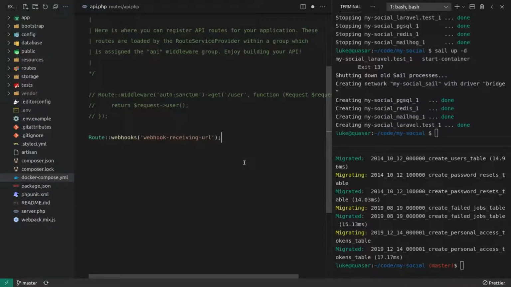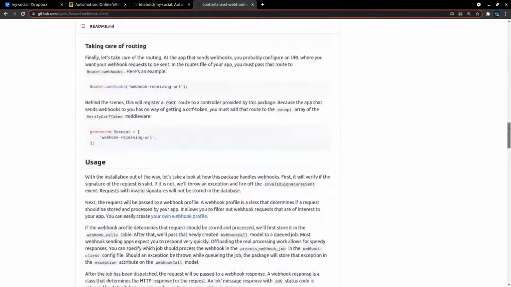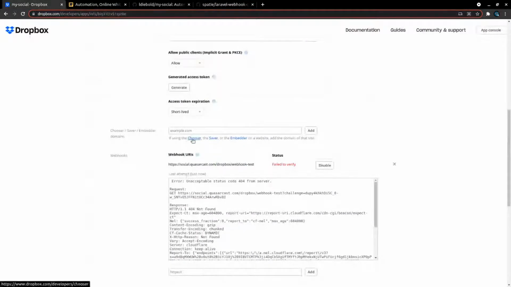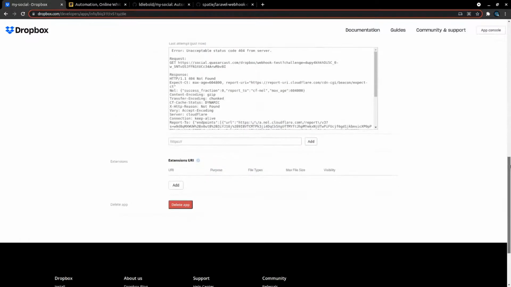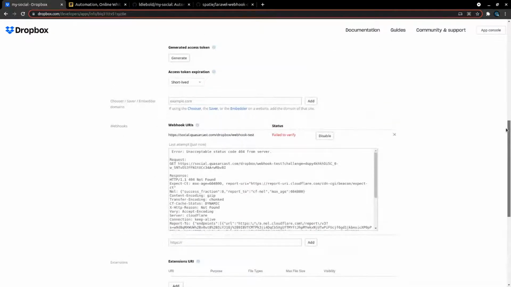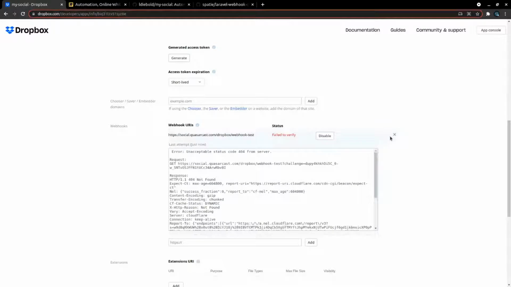Webhook receiving URL, and I want this to actually be unique, don't I? Unless I'm doing some sort of validation. I don't know if Dropbox has its own built-in validation mechanism where it sends a token or something like that. Okay, it does. It sends a challenge. So we might actually need to look at how their API works here. It looks like they've done a bit of stuff to make sure it's protected.